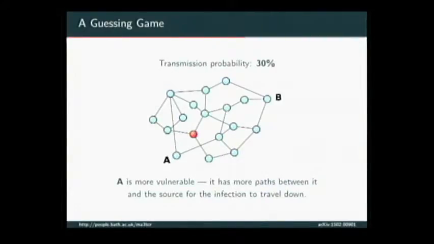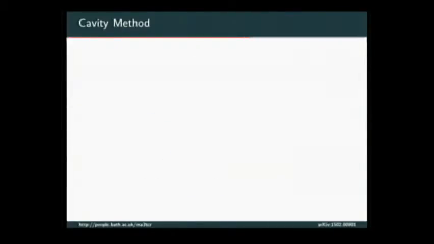Right? So these are things that you can get from just checking simulations and whatever, but I want a theory to say why this should be the case. Okay, so this is what I'm going to try and develop now. And I'm going to use a trick from statistical physics called the cavity method, and it's more or less just recursion equations, okay?